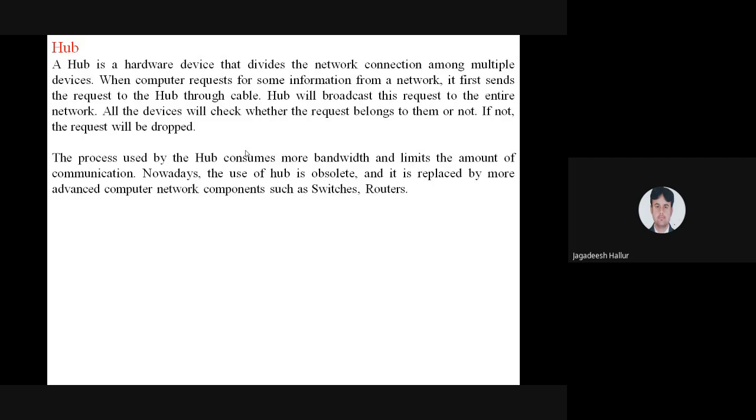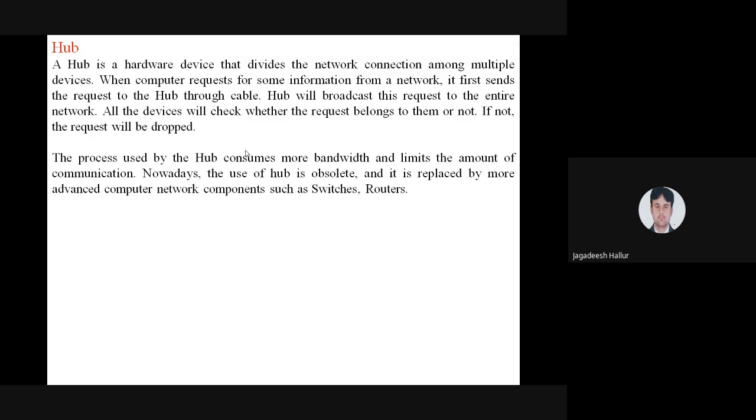A hub is a main device. I'm giving the example of the wheel of a cycle. Inside that wheel of the cycle, there is a small wheel, the rotating wheel. At that small wheel, we have the spikes, the spikes of that wheel connectivity. So that small center point is called a hub. That hub connects different computers. Okay, and one line of the hub is connected to a dedicated computer, the second line is connected to another dedicated computer.